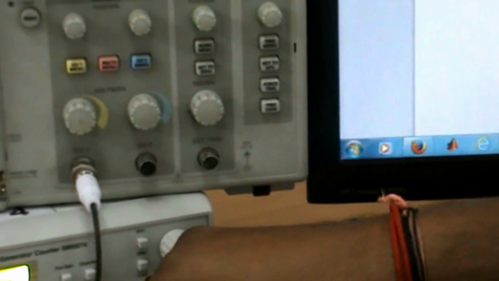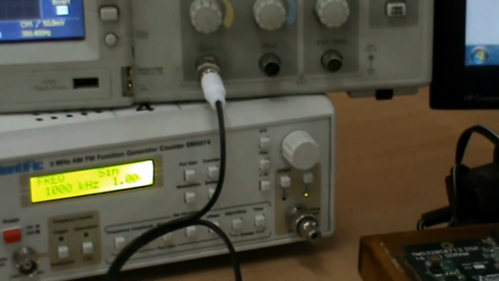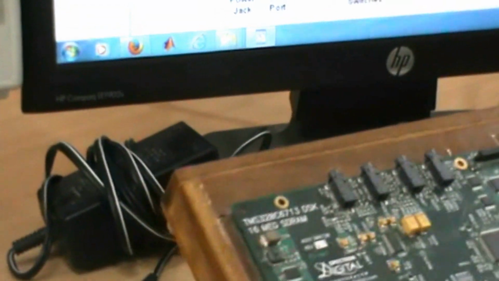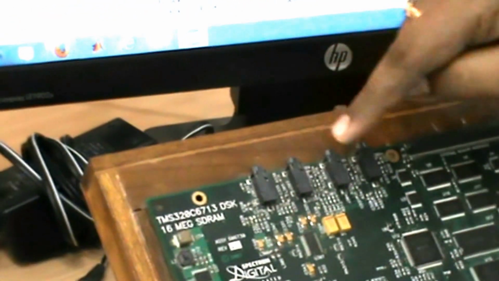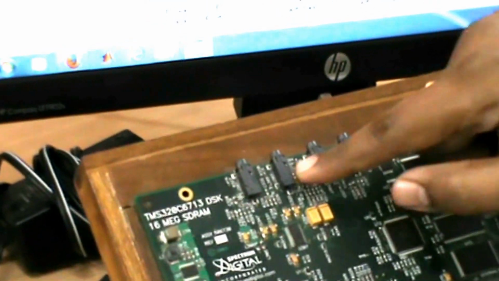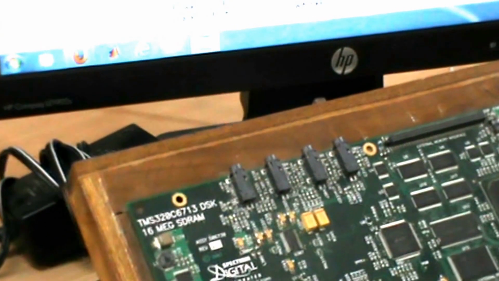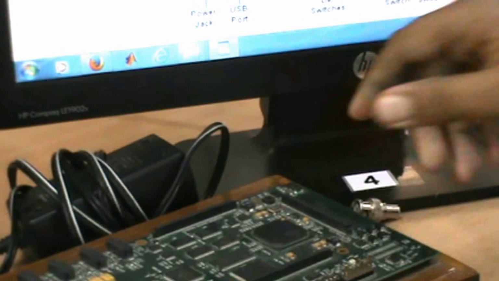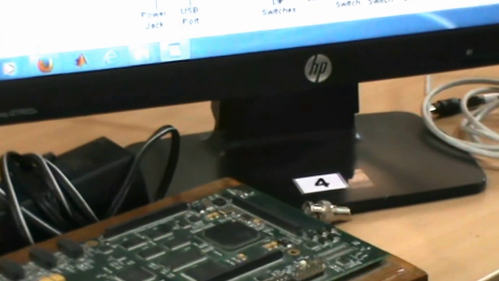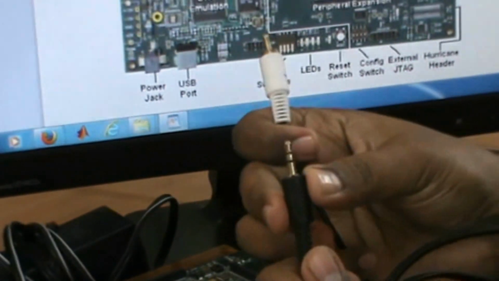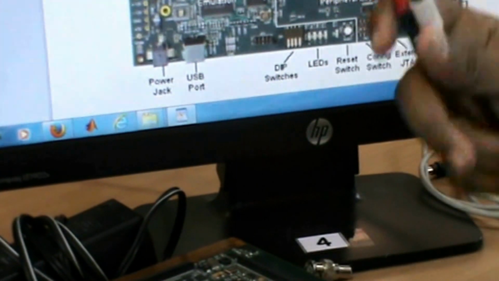It's a quick review. So when you are entering the lab, you are supposed to get the DSP board, which has a lot of peripheral interfaces. Especially we are going to use this line input and line output. Beside each connector there is a letter marked, which is line input and which is line output. And after that we use the connector called a stereo cable. One end is a stereo pin, and the other end is two RCA cables.